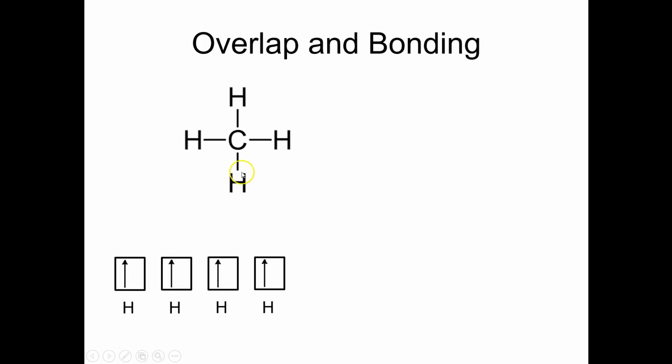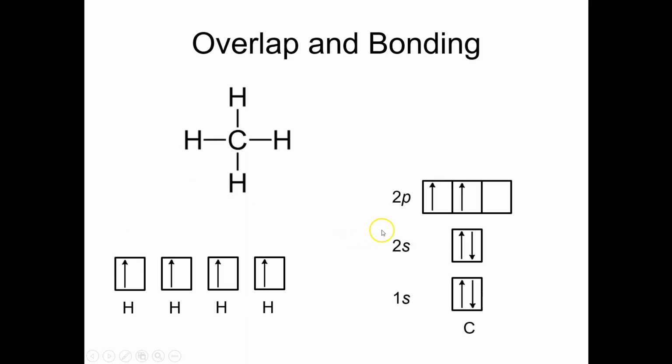So in other words, I've got 4 carbon-hydrogen bonds here, and so each of those is going to come from an overlap of an orbital from carbon and an orbital from hydrogen. And so hydrogen works just fine. Each hydrogen atom has 1 orbital that's half filled, and so that's all ready to go when it comes to bonding. The problem lies with the carbon atom, because if you look at the valence shell of carbon, it does not have